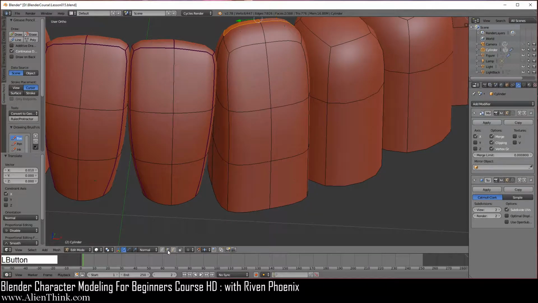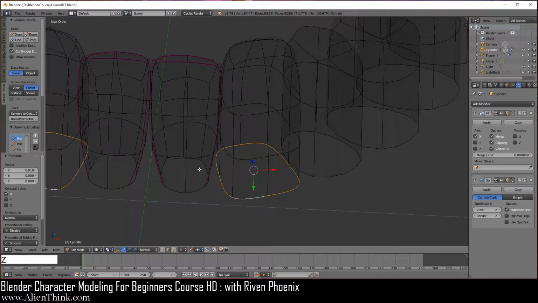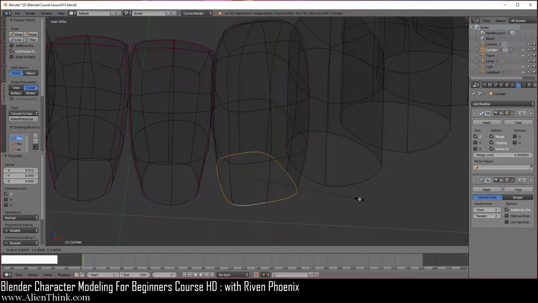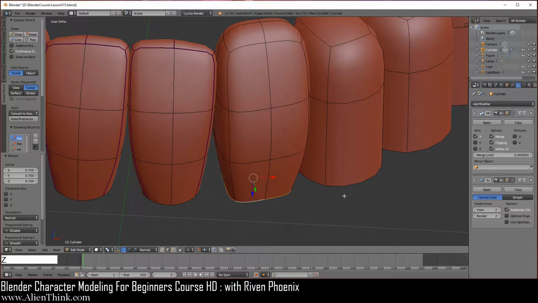You're going to click on the edge select mode, and over here we're just going to press the Alt key and just right click this one. Press the Z key to make sure that this is the only thing selected. We're just going to scale this in, press the S key to 1, 2, and then 3, and just press the Z key over here. Now we're going to go to the other side.